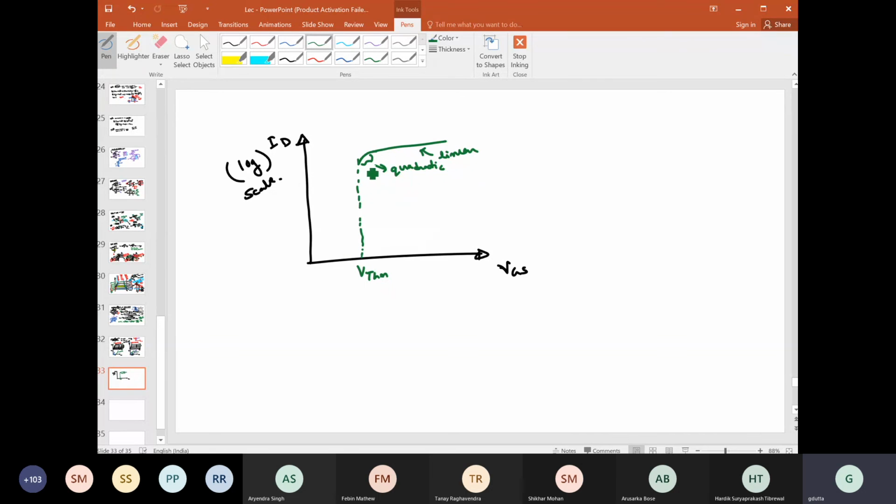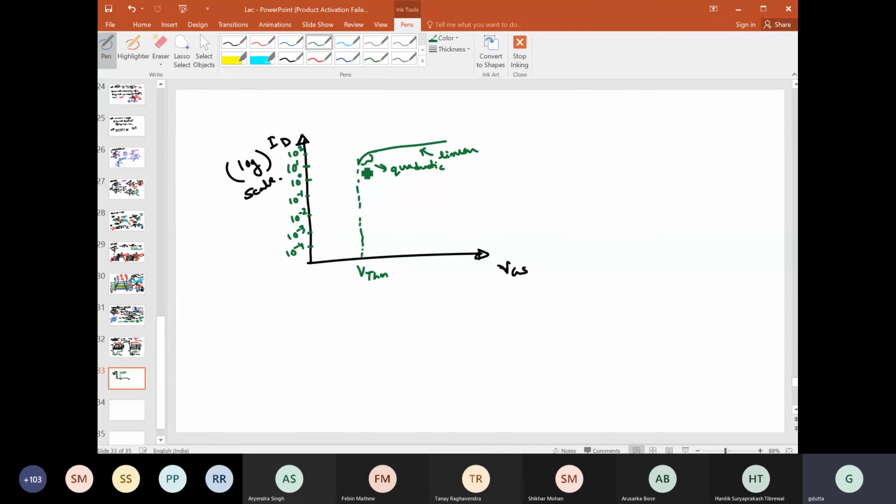But the question is, what is happening after that? The current, in a log scale, is falling very sharply. Maybe for your reference, I can give some numbers here. Suppose 10 to the power 1, this is 10 to the power 2. I am not considering the unit here, but obviously it will be in terms of current. The actual value of current is dependent on the device dimensions and all this stuff. So this is 10 to the power 1, this is 10 to the power 0, basically 1, this is 10 to the power minus 1, minus 2, minus 3, minus 4, it will fall.